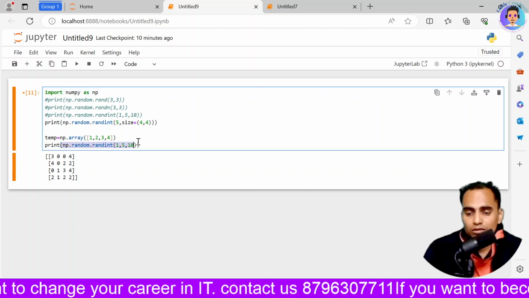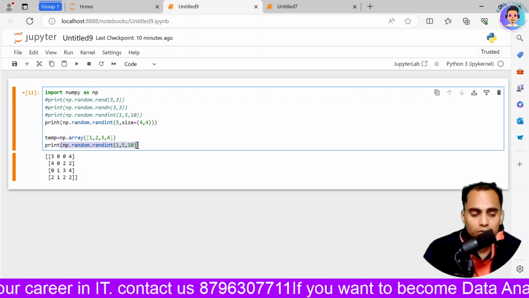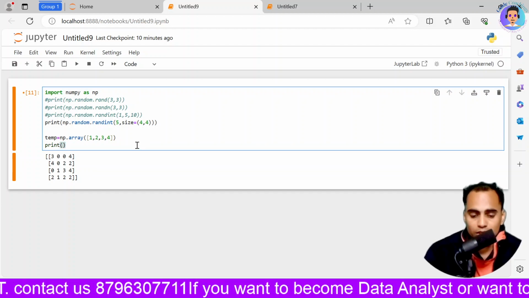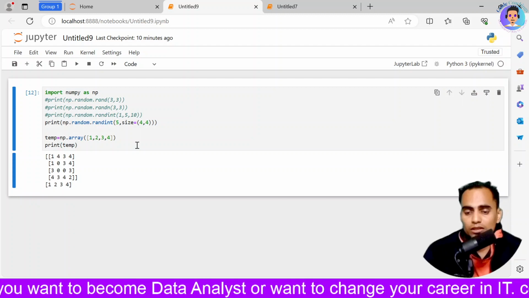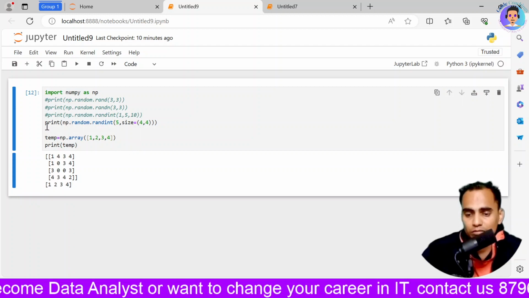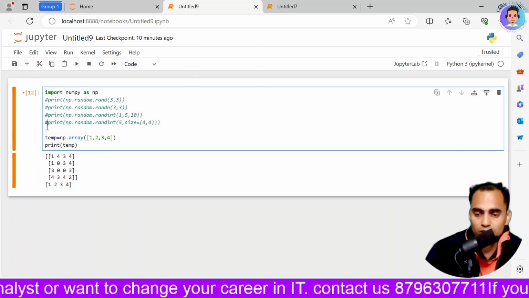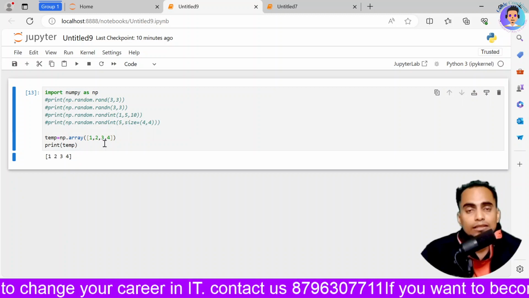So we will just select this part, put in temp, and execute it. I'll just comment this part as well so that it will be easy for you to understand. See, this is your array.